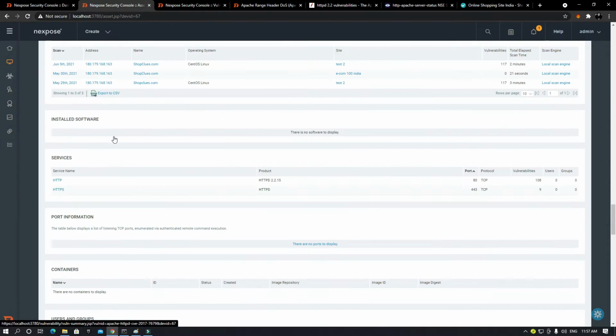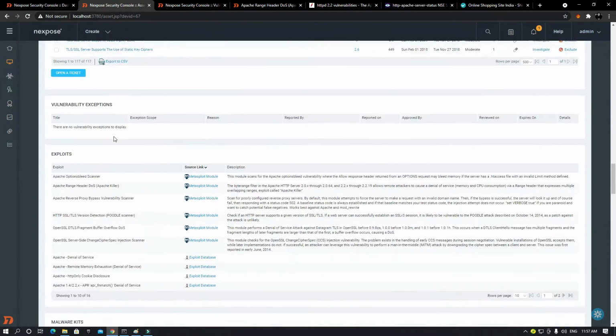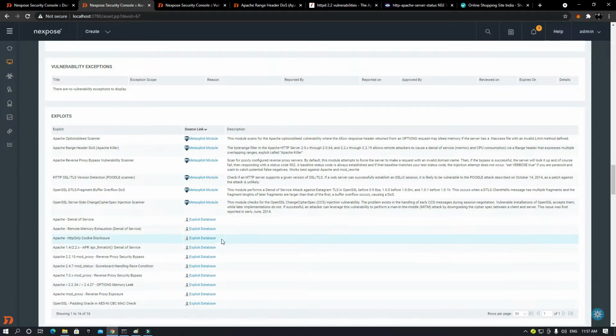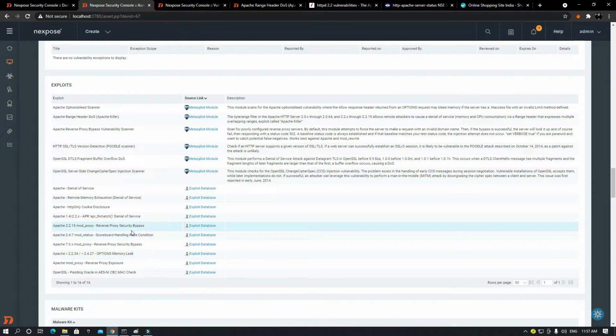This is really bad. So let me quickly see if there are any exploits available for database. So reverse proxy security, memory leak, options method, denial of servers. Many denial of servers available. Probably they should have some good IDS and IPS in place, or else their website would have gone down multiple times. Injection scanner,